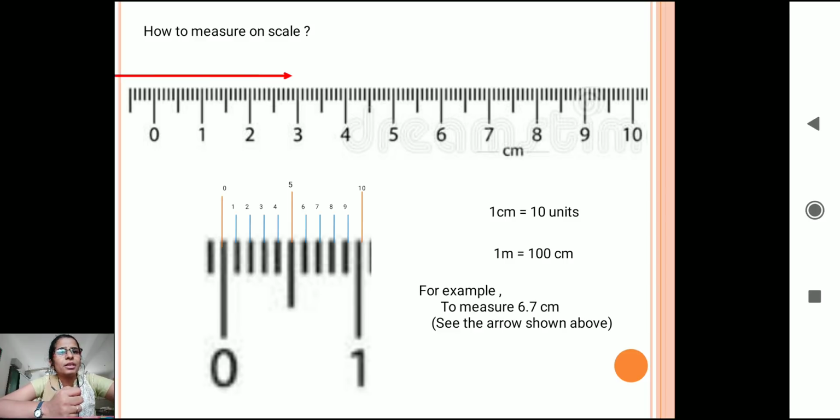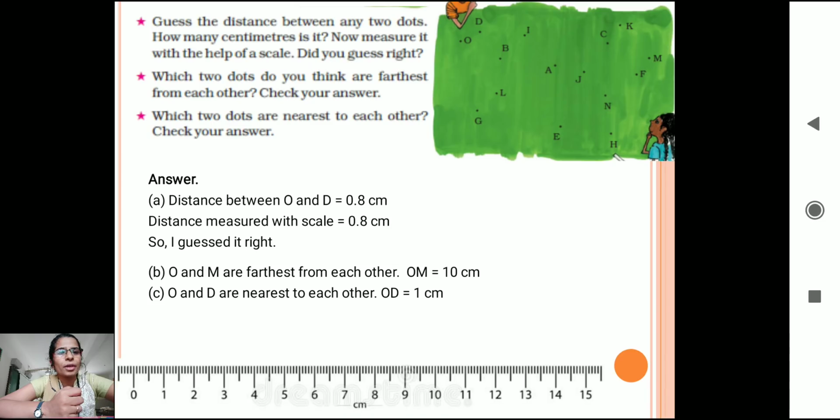Similarly, using this scale, now see here how I have drawn. Here the arrow has come a little ahead. From 1, if I draw, it has gone ahead 7. Now let us answer this question. I hope you have measured all the dots. I want everybody to do that. It will be like an activity and work for you. You will enjoy doing it. You can do that measurement with the scale and write it down in a rough book, and then you can find out which dots are the longest distance from each other.